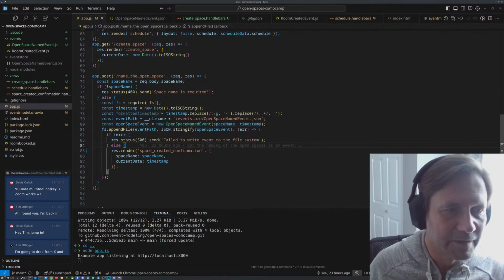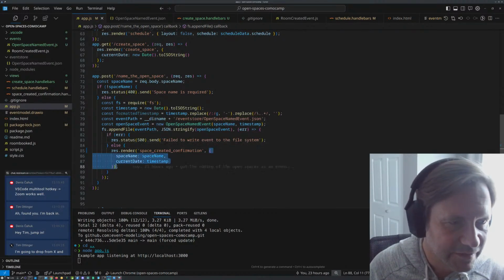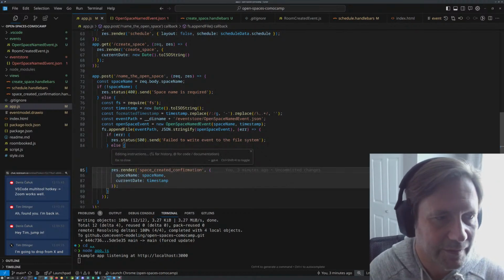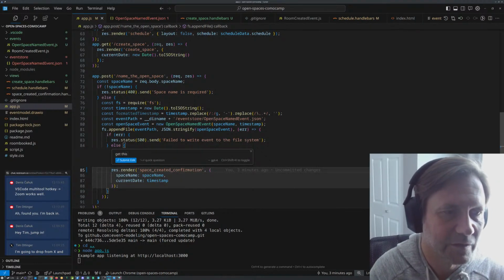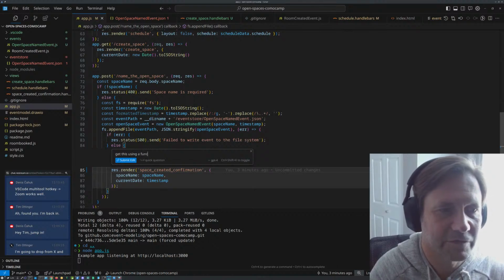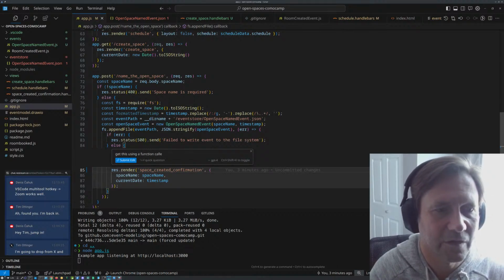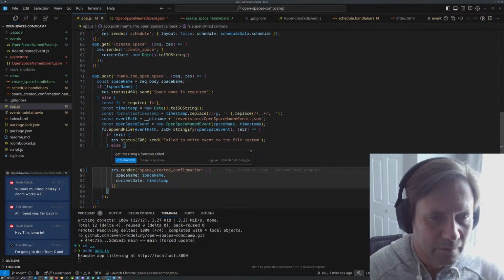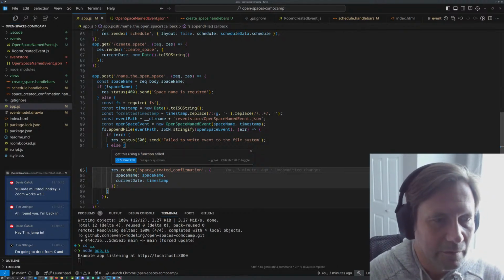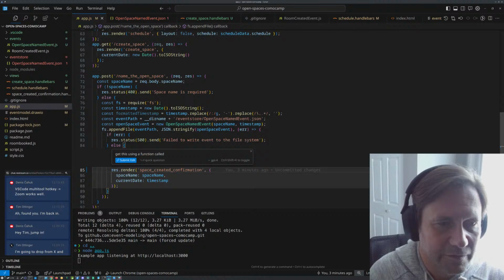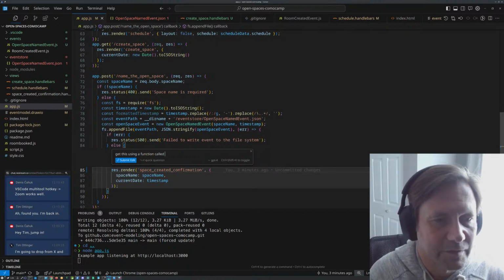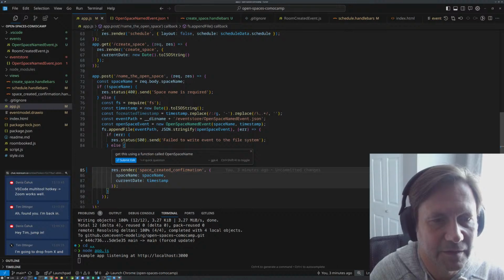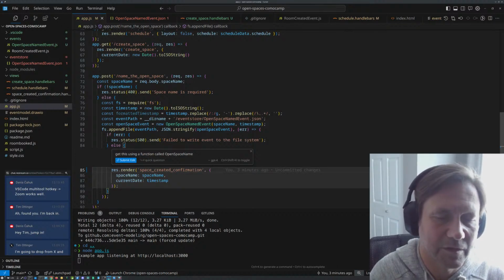So instead of getting this, we can say edit, get this using a function called, let's call it open space name state view.